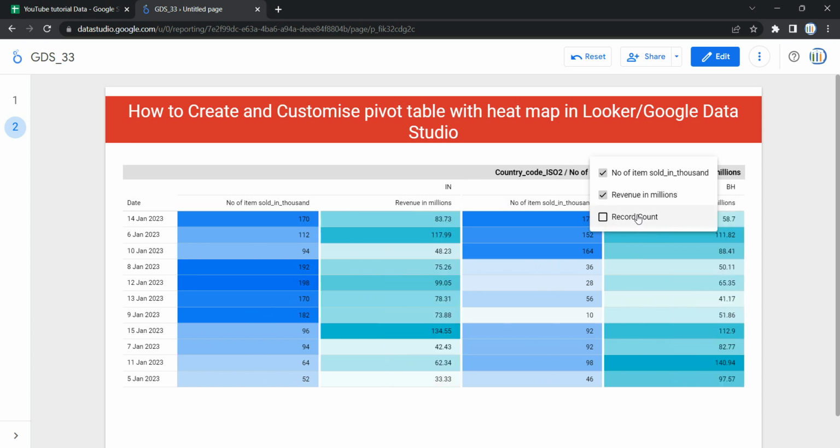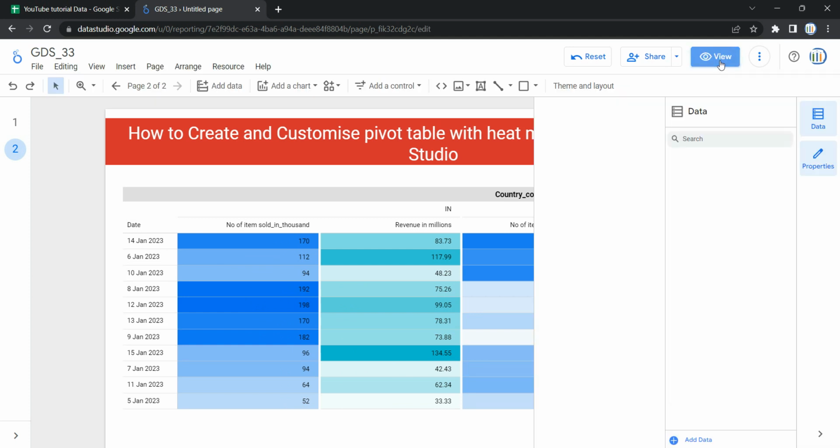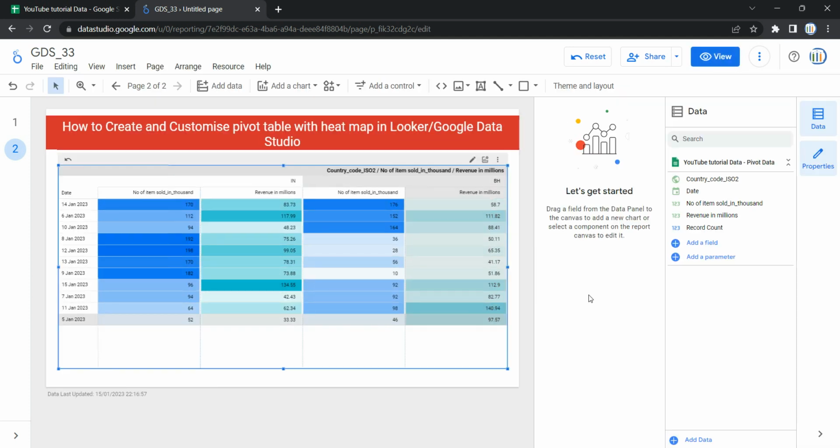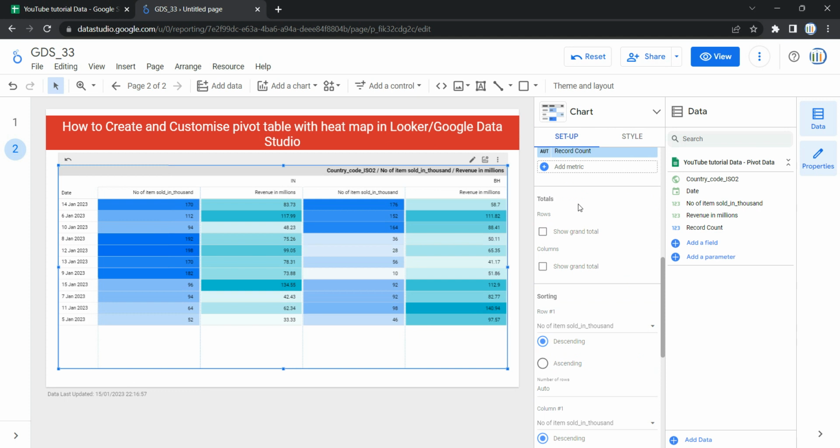So let's remove this record count right now and go to edit mode to discuss more about the setup section. Now the next option within setup is totals. So it displays the total of each row and column. If you have only one dimension, as we have over here, only one dimension and one metric, as you can